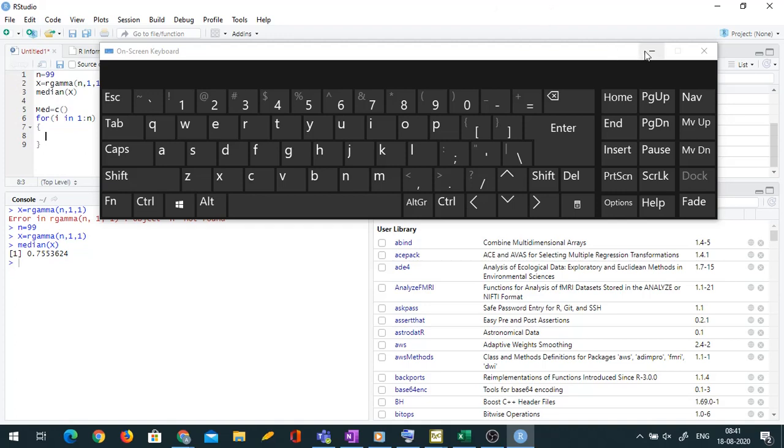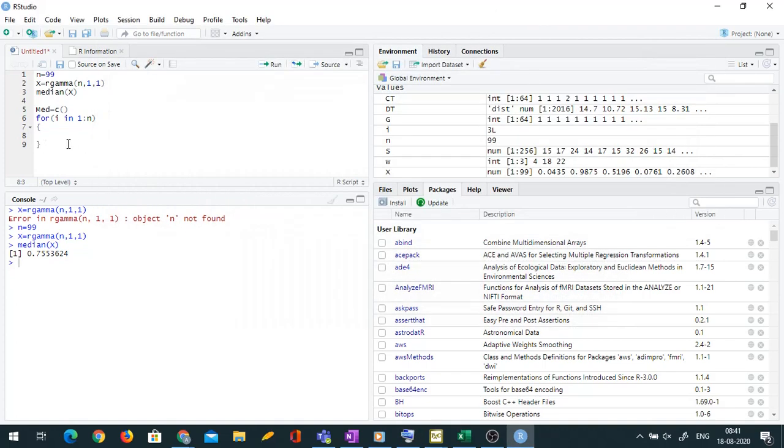Okay, now for every I will keep ith observation aside and then I'll compute median of the remaining observations. Okay, so what I'll do is, med at I is simply median of the original sample with ith observation removed. So it is minus I. Okay, median of the original sample with ith observation removed. Is everyone with me so far?